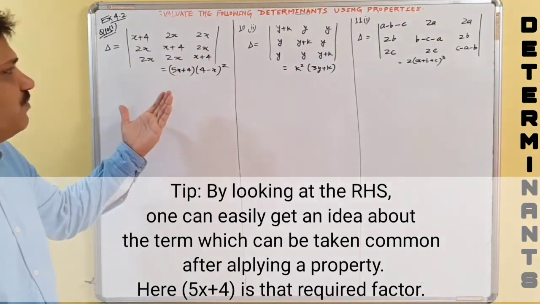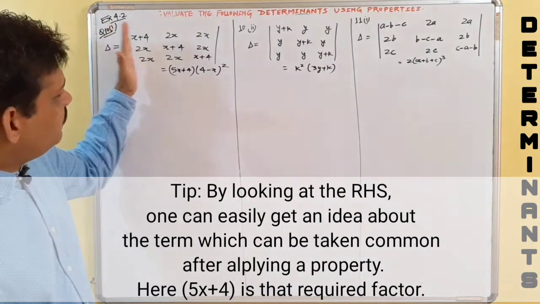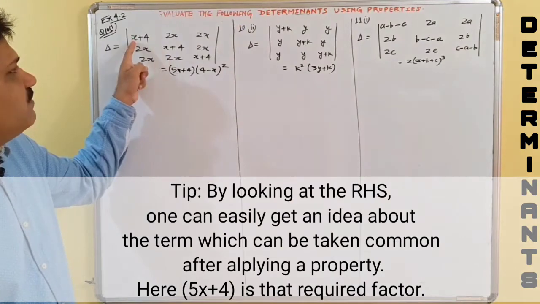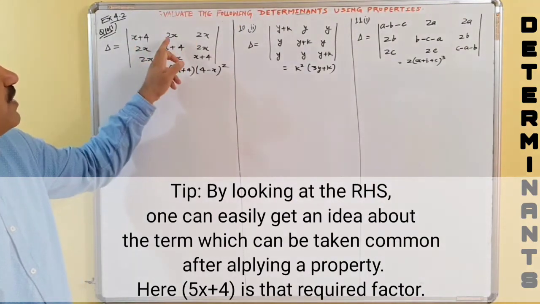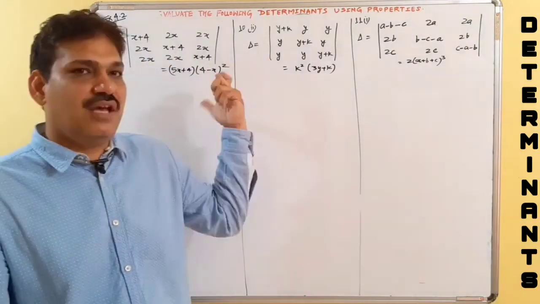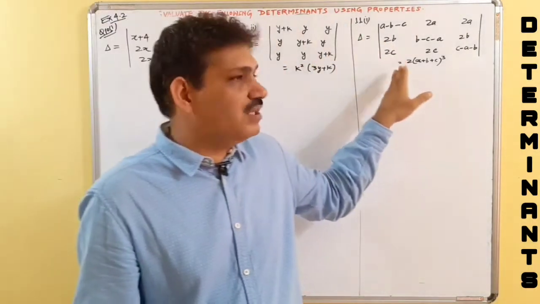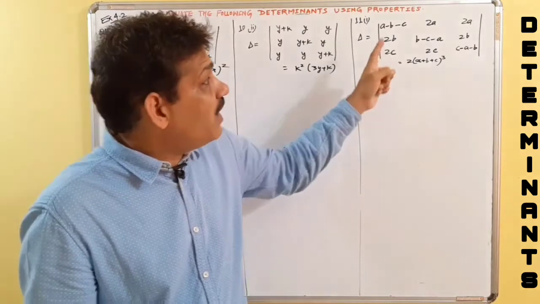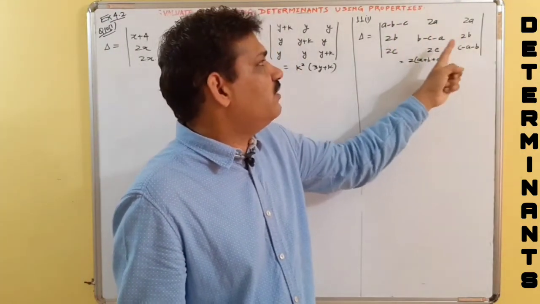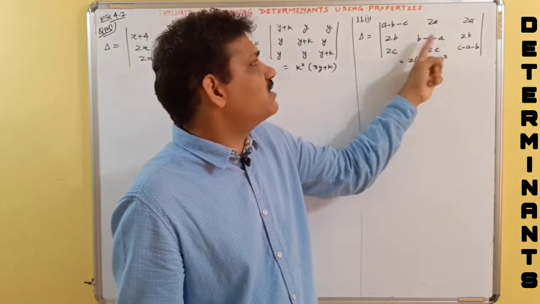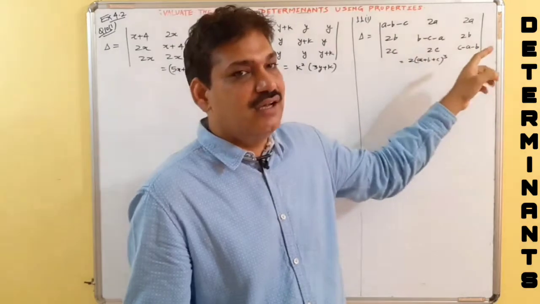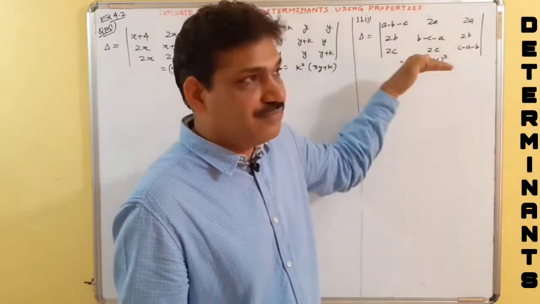Even in this question we have the freedom to add these column wise. If I apply C1 plus C2 plus C3, now what happens? 5x plus 4, 5x plus 4, 5x plus 4. Here in both the questions we have this freedom, but when we go to this question, here if I add these, this gives me 5a minus b minus c. Here we get 5b minus c minus a. So 5a minus b minus c is not equal to 5b minus c minus a. So here we do not have freedom both the sides.